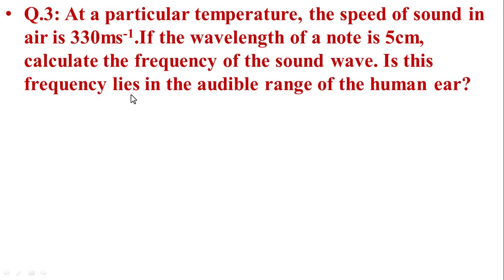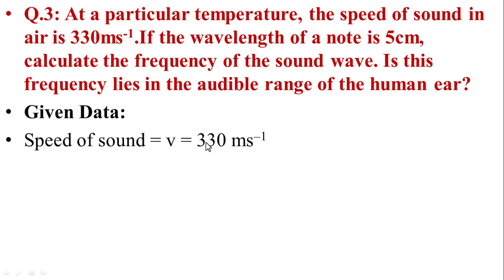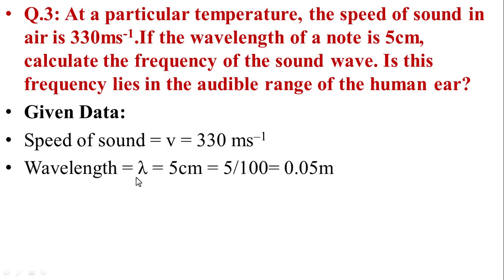Does the frequency lie in the audible range of a human ear? Now, first of all, we write the given data. Speed of sound V is equal to 330 meter per second,